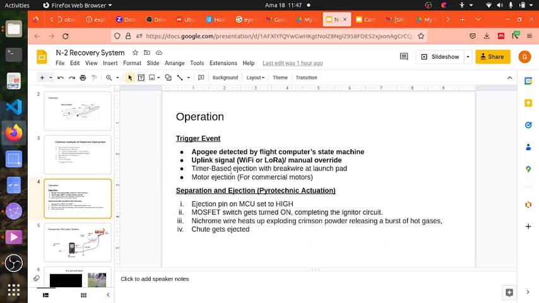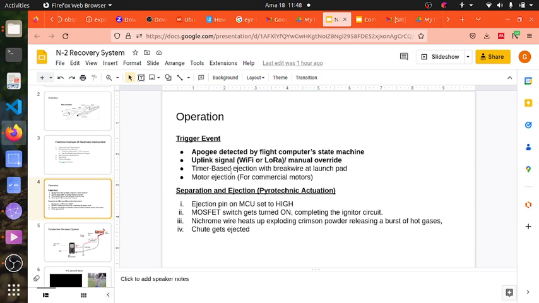So in advanced rocketry in colleges in the US, they buy motors. Their motors are bought, and these motors have special features called time delay. This time delay is not electronic at all. It's just by the design of the motor. Once the fuel burns out, then the fire spreads slowly to